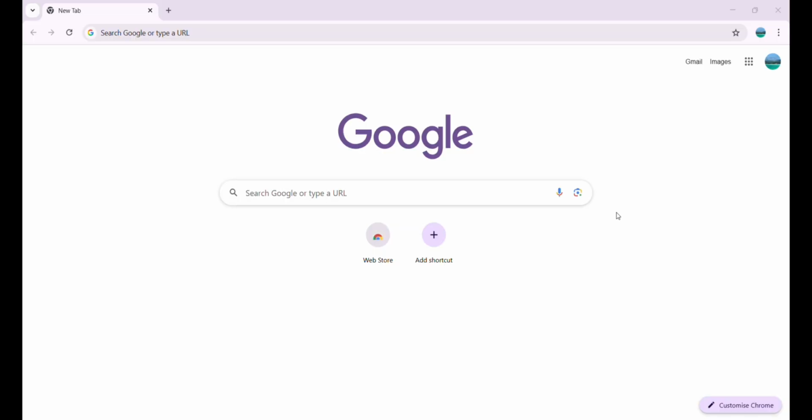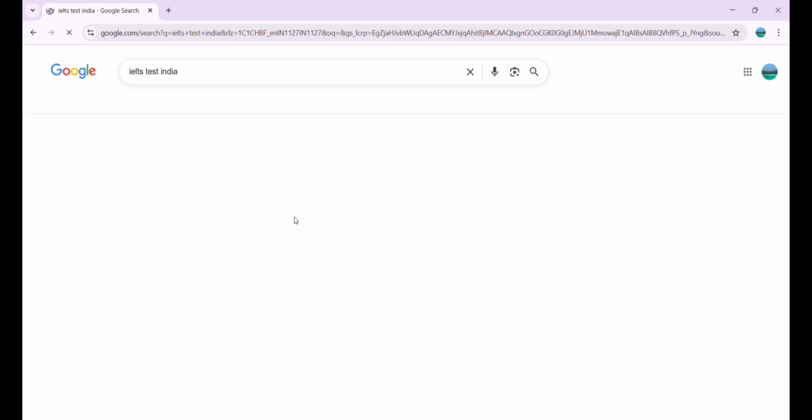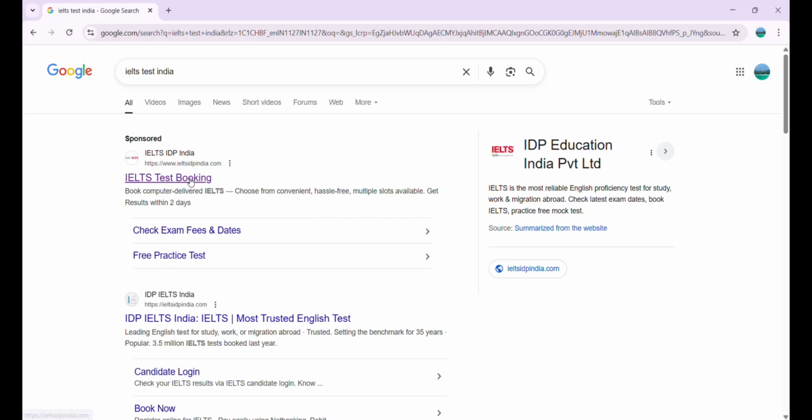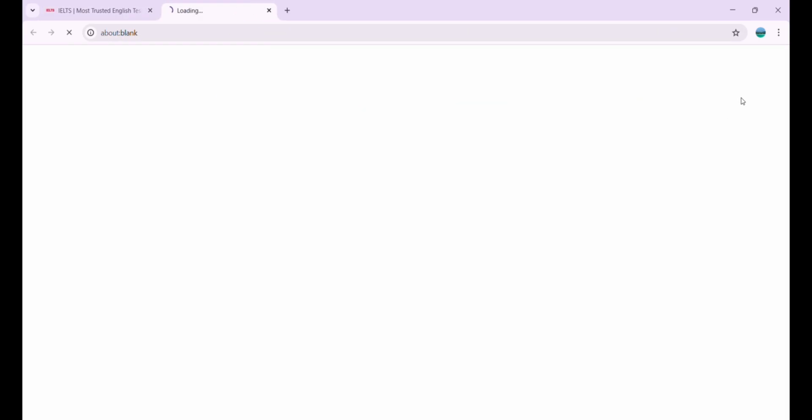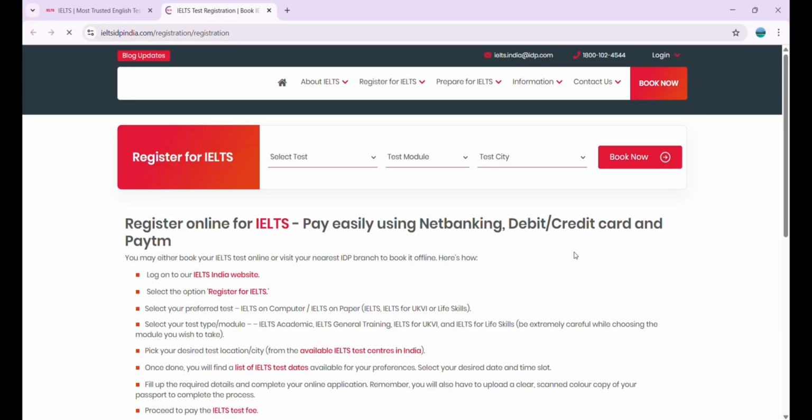And now I will explain to you how to apply or register for IELTS. First, go to IELTS Test India search. Click on IELTS Test Booking and select Book Now. Now, before you register for the exam, you need to decide which type of IELTS test suits your needs and also choose whether you want to take the